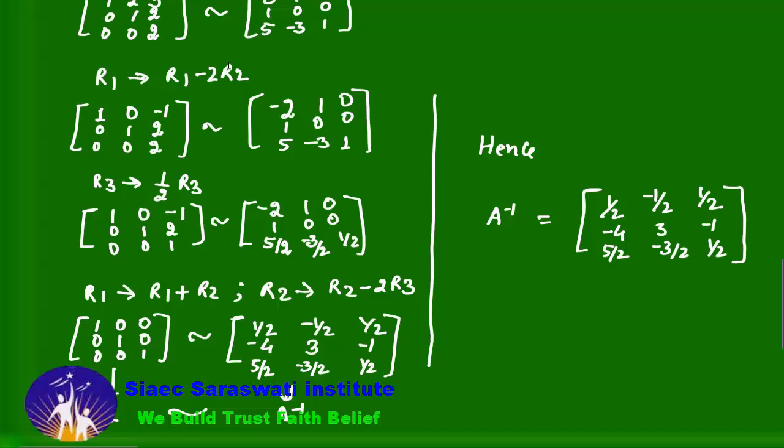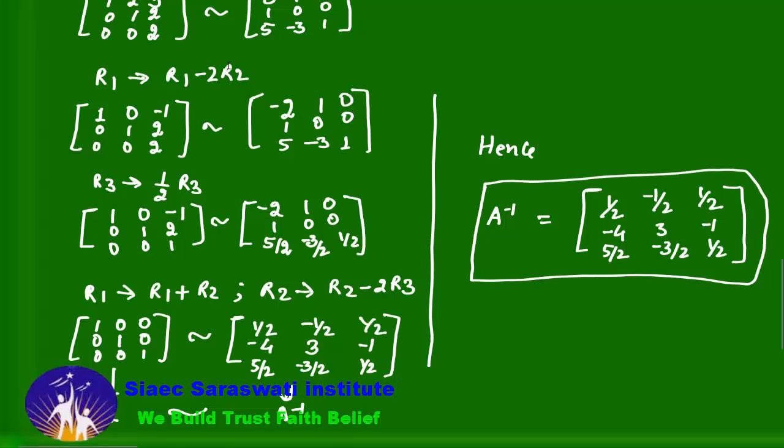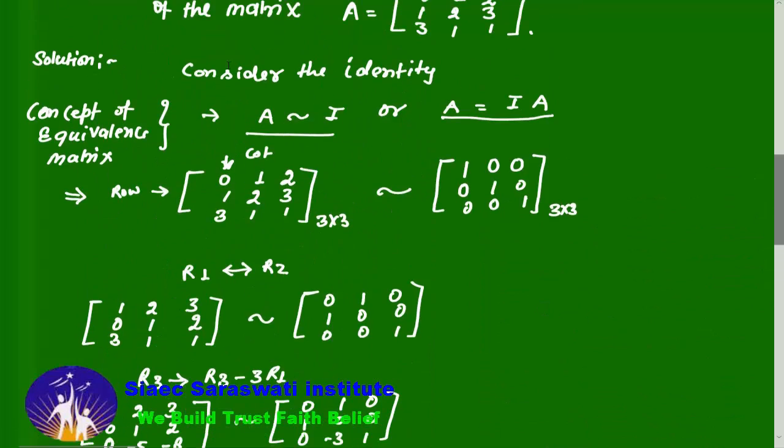So this is the answer. So उम्मीद करता हूँ आपको मैट्रिक्स मेथड, या हायर क्लासेस में इसको हम लोग बोलते हैं गॉस जॉर्डन मेथड, जो कि कंसेप्ट ऑफ इक्विवेलेंस मैट्रिक्स पे काम करता है, कैसे क्वेश्चन को सॉल्व करते हैं, ये आपको समझ में आया होगा। फिर भी अगर कोई डाउट्स या क्वेरी हैं तो आप इस वीडियो को 1 से 2 बार देखें, और फिर भी अगर कुछ समझ में नहीं आता है तो आप कमेंट ड्रॉप कर सकते हैं।